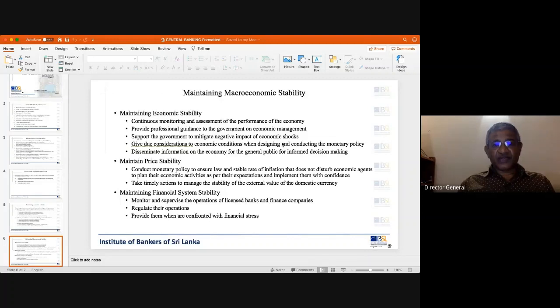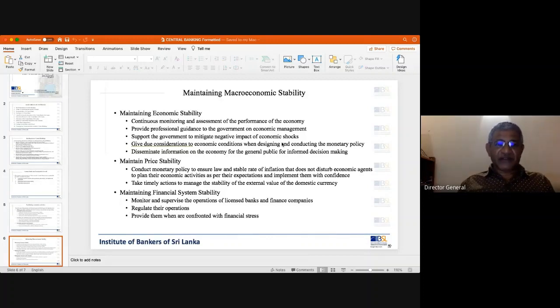Continuous monitoring is very important. Assessment is also important to understand what is going on in the economy, what the trends have been in the past, and what is likely to happen in the future. If what is likely to happen is a comfortable one, not to worry, but if some uncomfortable developments are coming on, then how to address those things. For all those things, there should be continuous monitoring and assessment of the performance of the economy. That is one way the central bank helps